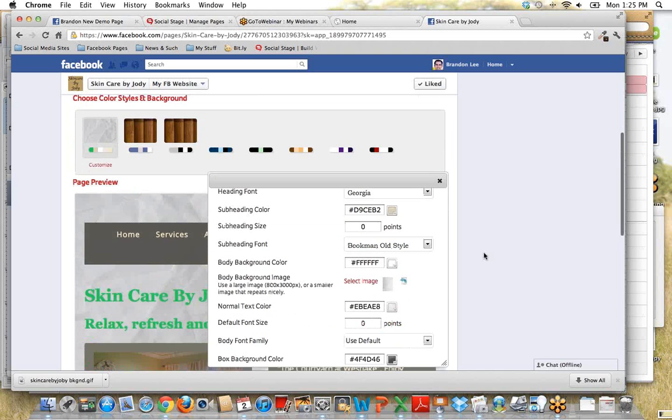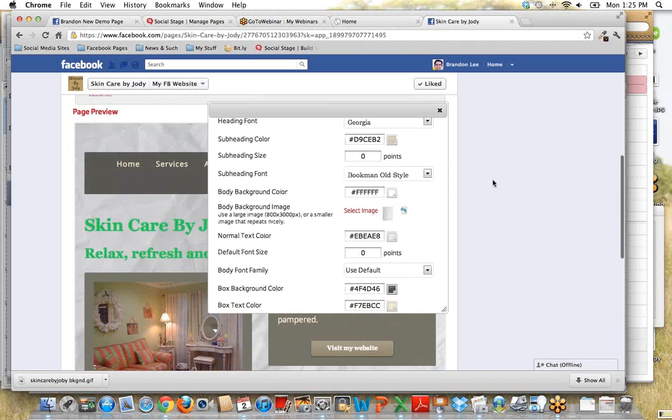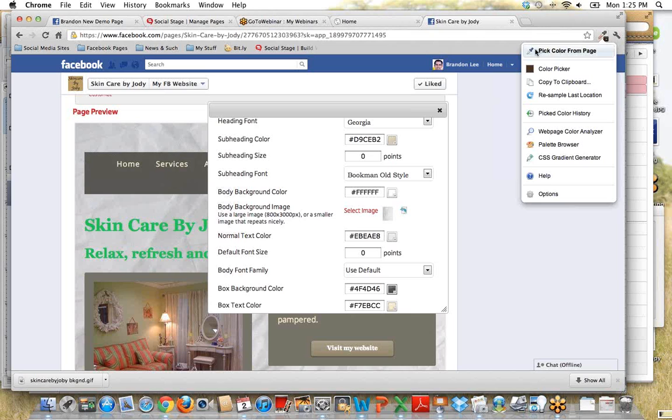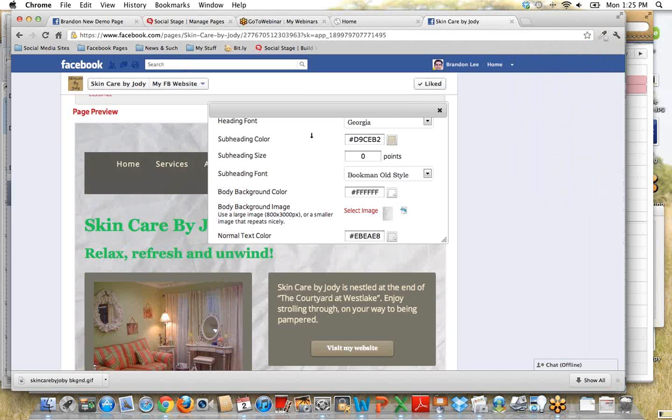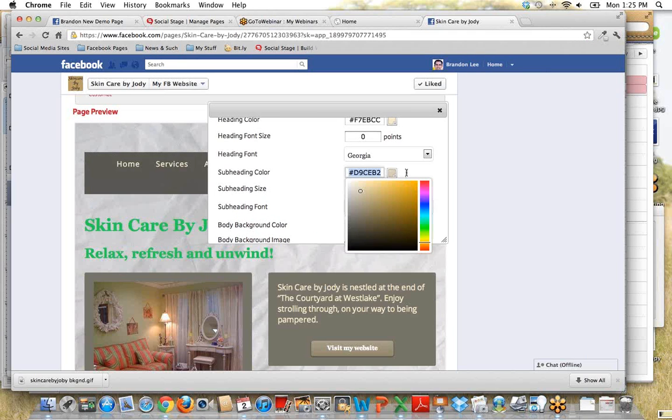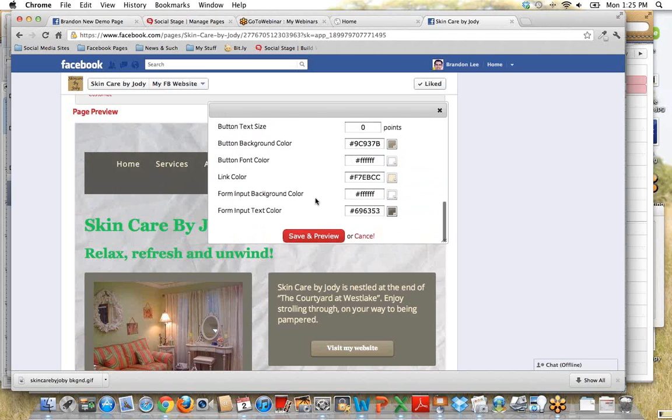So this is especially helpful for those of you that may not be quite as technical. I know one of the things that our clients have been using is this color picker. And what you can do with this color picker, if you go to Colorzilla, colorzilla.com, and you download this, you can click on the tool. And so if I want to pick a color from a page, I can actually click right into the color and copy it and then I can come right in here and just paste it, and that color is now